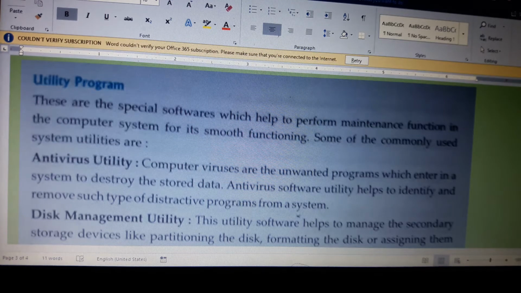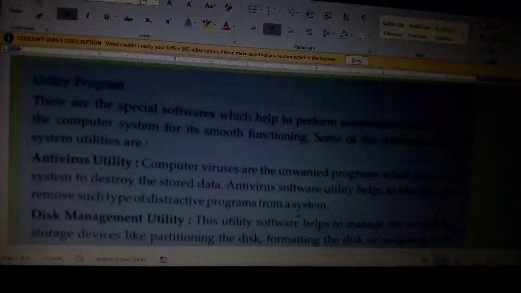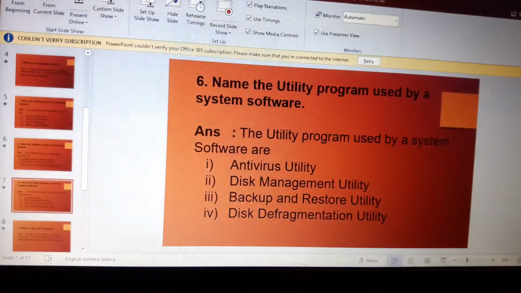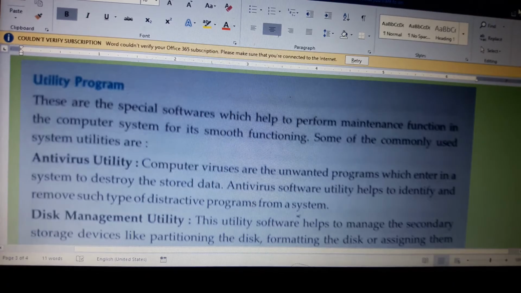Next we have backup and restore utility. Now as you know, we store our files inside the computer memory, and you need a backup of the files so that you can store all those things. Restoring by mistake: suppose you have deleted any file, you can restore that. It's there in your recycle bin, and from the recycle bin it goes to the same location where it was. So all these are controlled by the operating system.